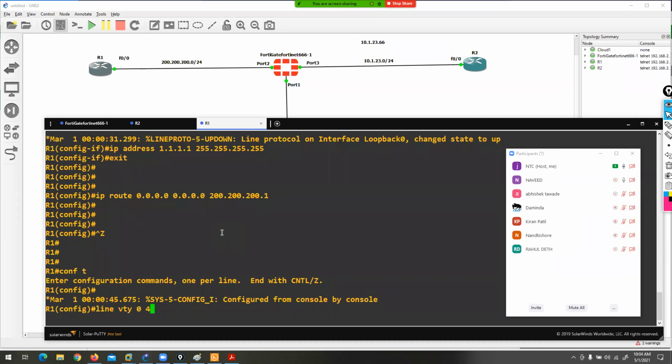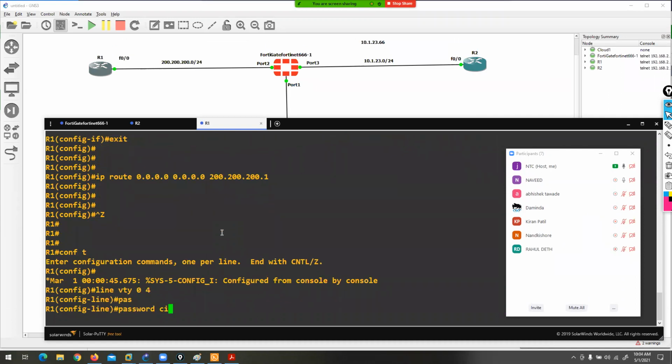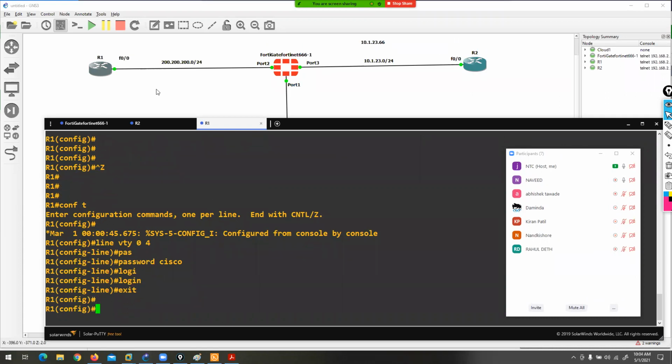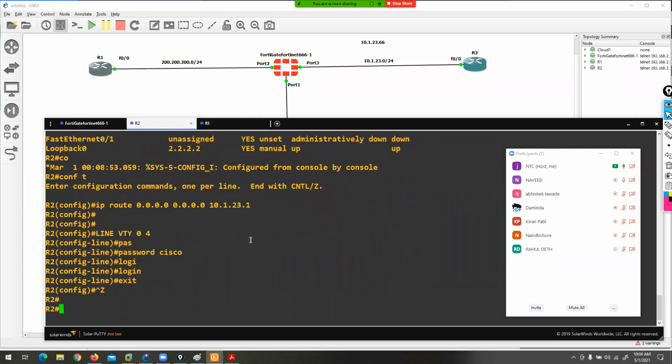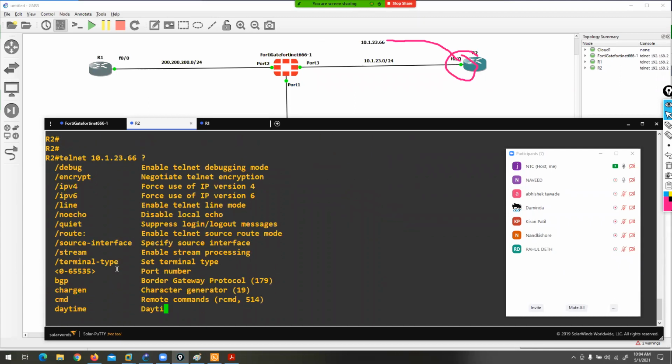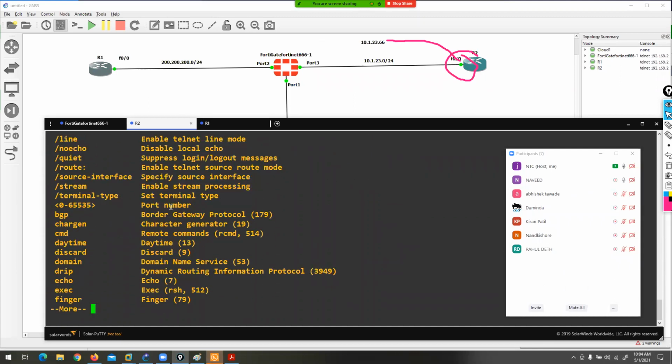So I'm configuring telnet on the router. Login, password Cisco. I'm trying to initiate a connection from R2 to telnet, and from R2 I'm trying to hit this public IP address. So the IP address is 10.1.23.66, and the port number you can specify here, or the source port number.